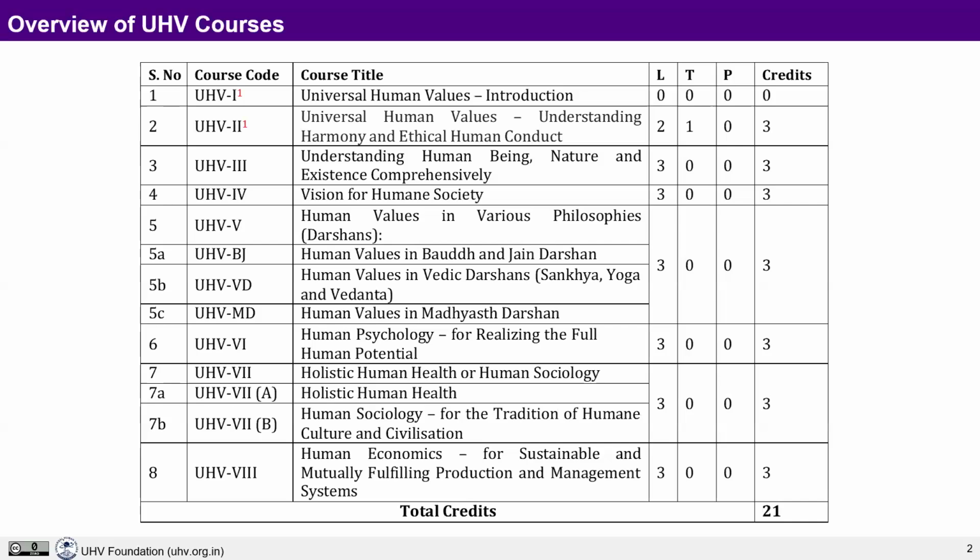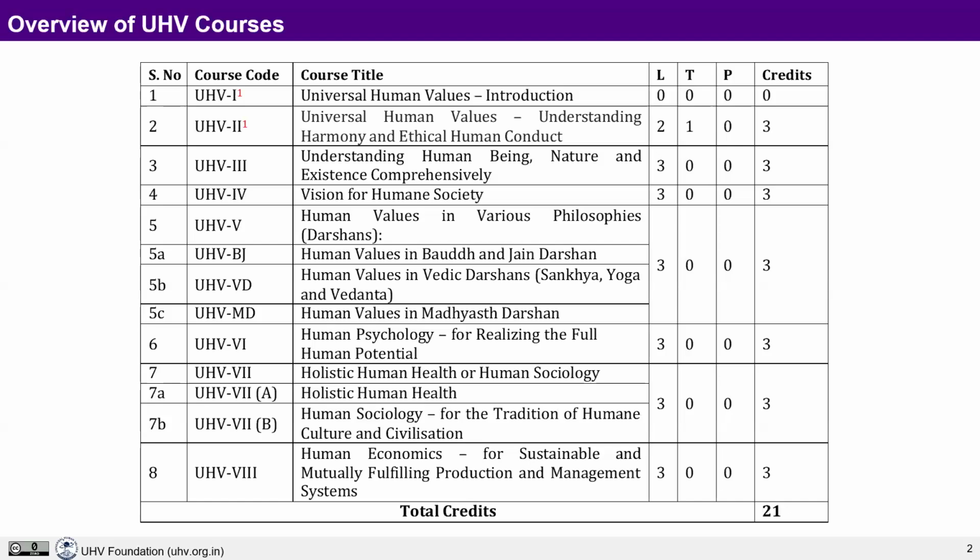Then the talk that we have today is about human psychology, and this is UHV-VI. Recently, we conducted half of the workshop at SRM. We have proposed some syllabus for human psychology, which is already there in the holistic value-based education booklet that you might have seen, and we had developed the course content. But while conducting the workshop, it appeared to us more vividly how the participants are going to grasp the content. So it is under development, I'll say. Some initial draft has been made and the PPTs are being made on that basis. As we go along, we are getting further insight into the course.